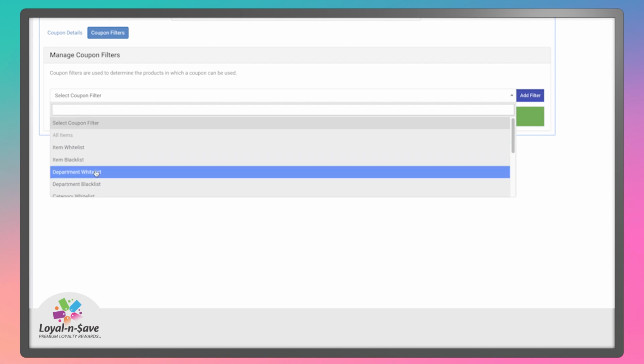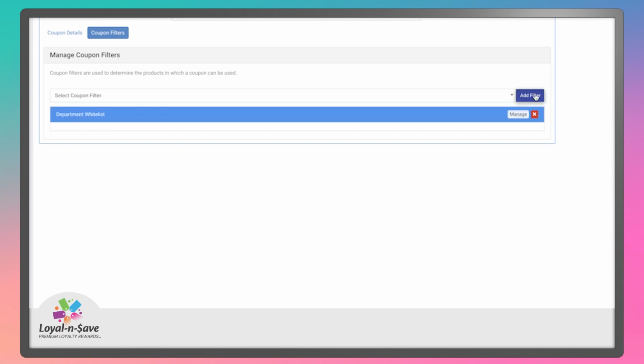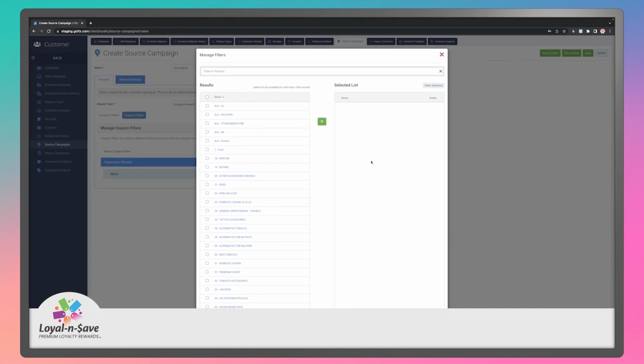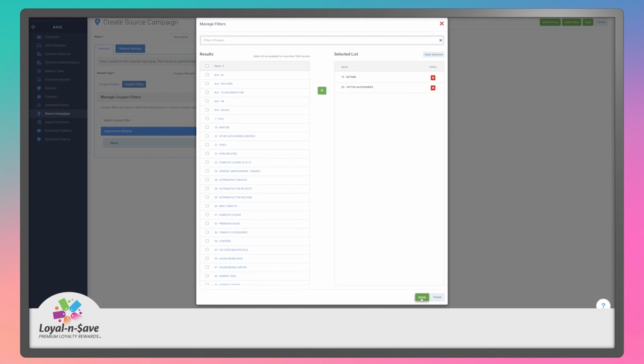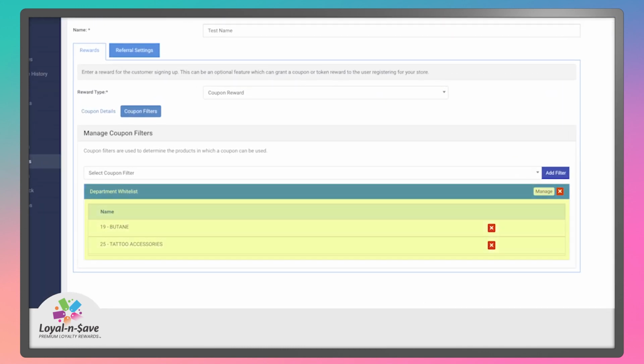We're going to select Department Whitelist and click Add Filter. Then we're going to click on Manage, and the Manage Filter screen pops up. Here, you will select which department or departments you would like the coupon to be eligible for use, and then click on the green arrow button to bring them over to the selected list, and finally click Apply. Now the customer will be able to use the coupon they earn on any item that belongs to those two